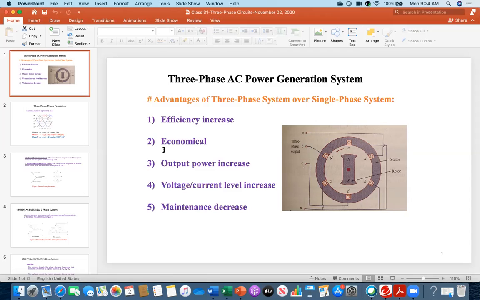And then it says economical. Why does it say economical? Now you might argue that, okay, I will not make this arrangement; I will separately place three single phase systems. You can do that. You place one set of coil and one magnet, then take another set, and another set. But then you need three different sets of magnet and three separate arrangements. Your circuit will be simple if you use a single coil, but that will not be economical.